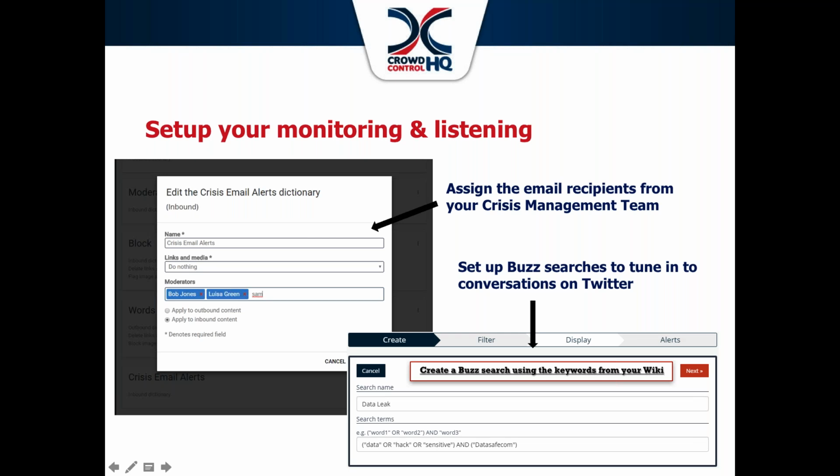So additionally, as we mentioned previously, we will be talking about setting up the monitoring, not only in your dictionaries, but also in Buzz Monitor. And again, you can see why these keywords need to be predefined, because you will hear us saying again that these keywords can also be used in Buzz Monitor. You will notice that in this example here, we have created a quick template for you, which you can use in the event of a crisis. So you add the keywords in here connected with the OR command, and then the name of the organization, the city, the place, the person that was involved, and so on and so forth,